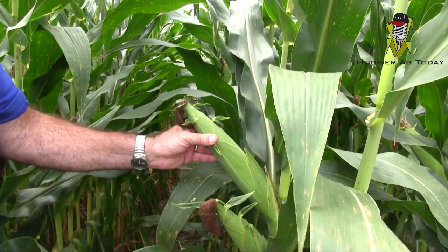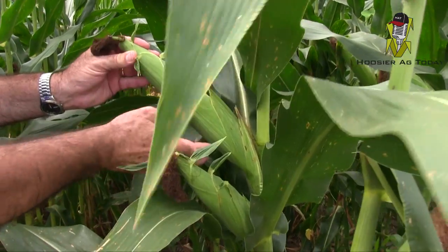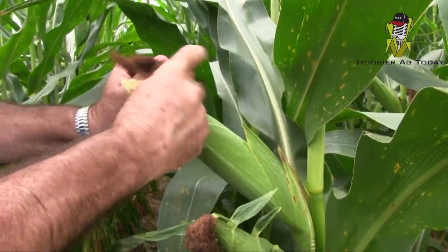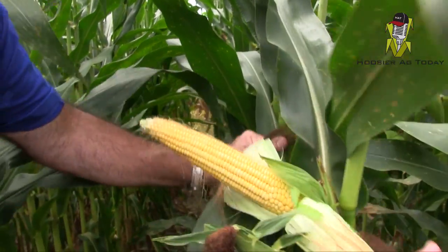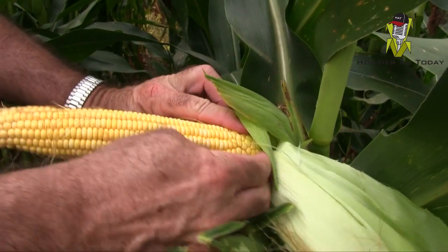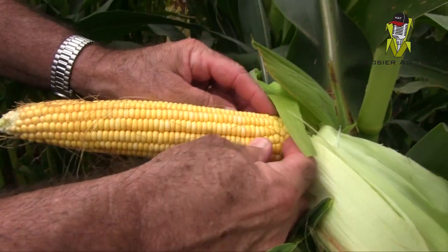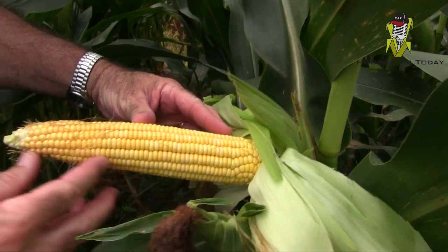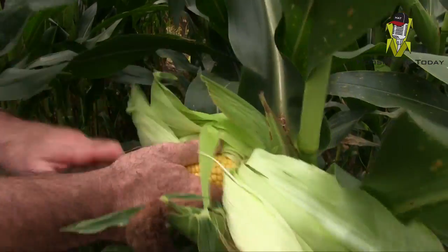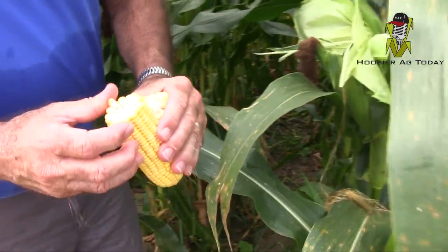It poured out a really nice ear. It really has not been hurt. It's been filled out and has really good pollination. As you can see, nothing really bothered this ear or this plant. She pollinated real nice at the butt. We have good pollination all the way to the tip, all right? Gets a little bit off, but with this hybrid here,